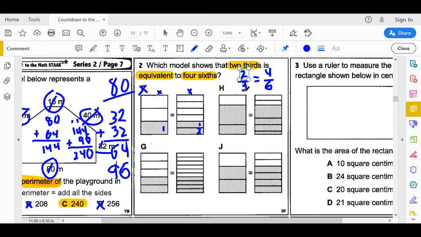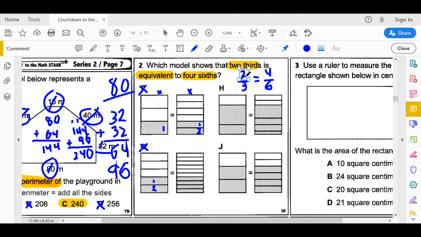I need 2/3. And this is 1 and 2, but it's not out of 3. This is 1, 2, 3, 4, 5 in total. So I can already eliminate letter G. That is not a good model there. It is not 2/3. Letter H,